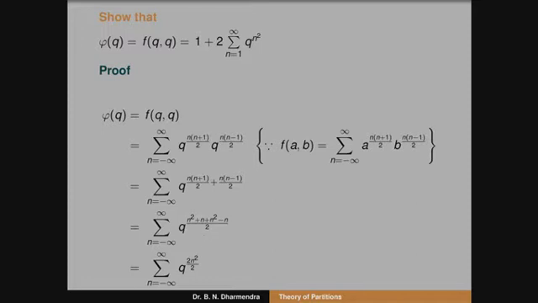So we have to cancel the terms of 2, that is equal to summation n running from minus infinity to plus infinity q to the power of n square. Now, n varies from minus infinity to plus infinity. So therefore we have to split that n running from minus infinity to plus infinity into three parts. That is one that is negative integers, that is minus infinity to minus 1, and the next one is n is equal to 0, and the last part is only positive integers, that is n running from 1 to infinity.